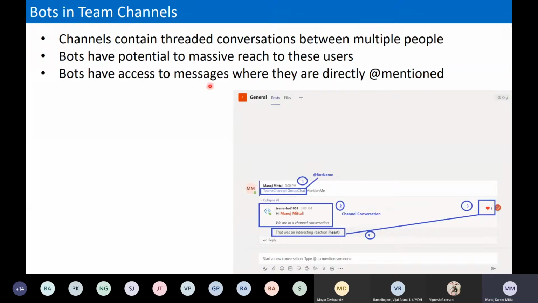To invoke the bot in a Teams channel, we need to use the @mention with the bot name. Here I mentioned the bot name and typed 'mention me' as random text, and the bot responded. This is the journal channel; in the post section I typed it and it received the message.